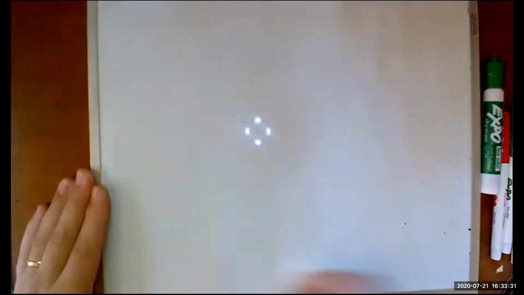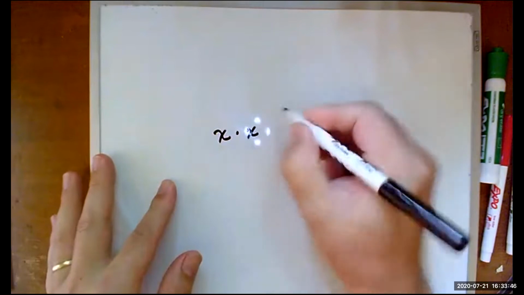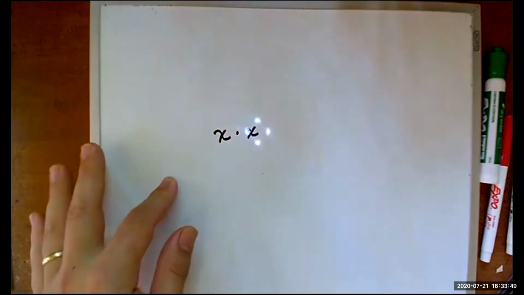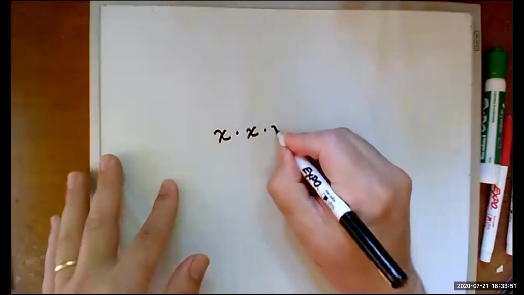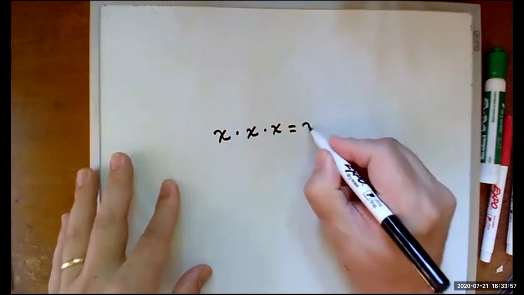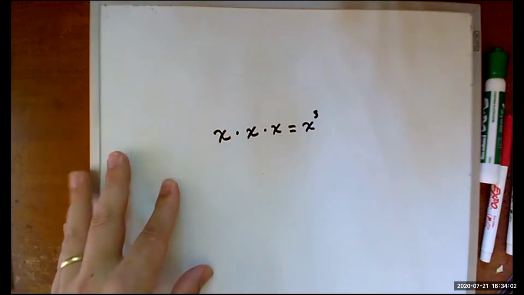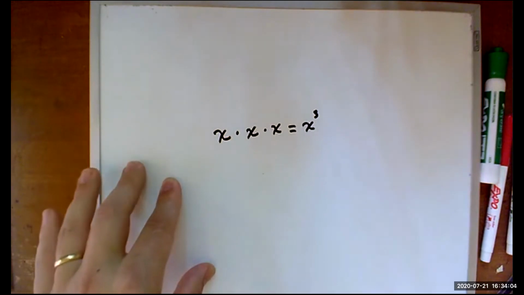So, I'm going to deviate from the lecture notes just a little bit to start with, just because I like to do this demonstration. It starts to make everything a little bit more clear. Starting off with a very simple point, an exponent exists to show what happens when you're multiplying something by itself a certain number of times. So if I have some number, we'll call it x, and it is multiplying by itself 3 times, we use the exponent 3. Starting with that piece of notation